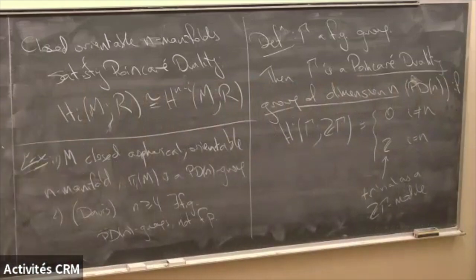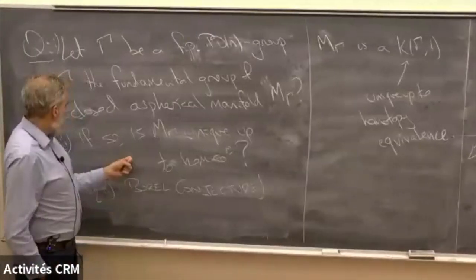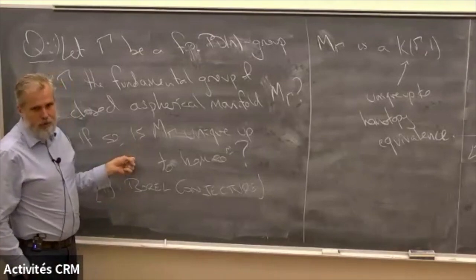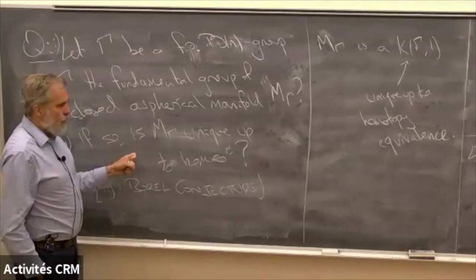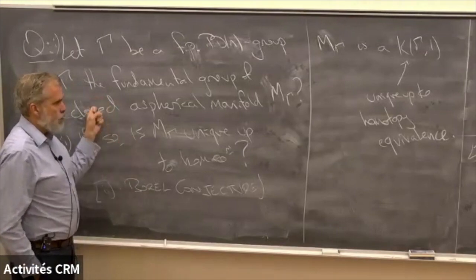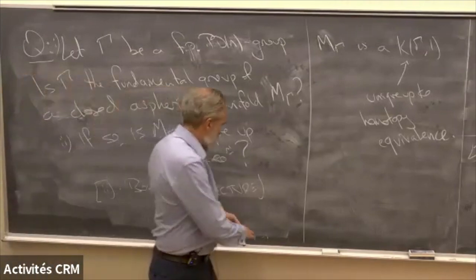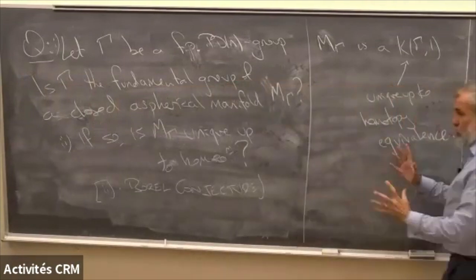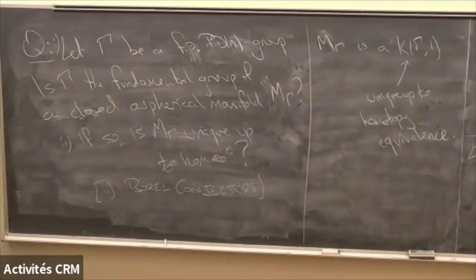So this is an open question. It's known in some dimensions, it's known for some groups, but it's an open question in general. Just like this is an open question known for some dimensions and many classes of groups. Much more, I think, is known about this than about this. But I think of these as two sides of the same extremely natural question, which is just from group theory, can you tell whether there's a manifold floating around? Okay, I want to leave that question up for a minute.